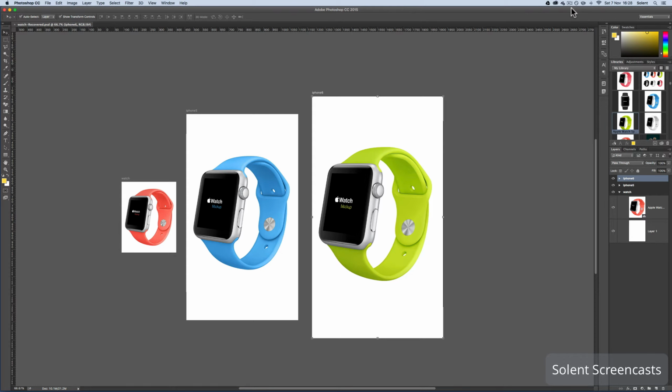Okay, we're going to look at using artboards in Photoshop. This is quite a new function that's come in with Photoshop 2015 CC. It works very similar to artboards in Illustrator. I think the only difference is we have sort of layer groups almost. So they appear as sort of like layer groups, and they are sort of masks rather than separate